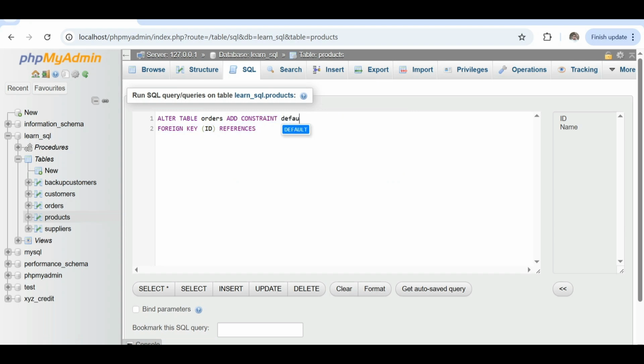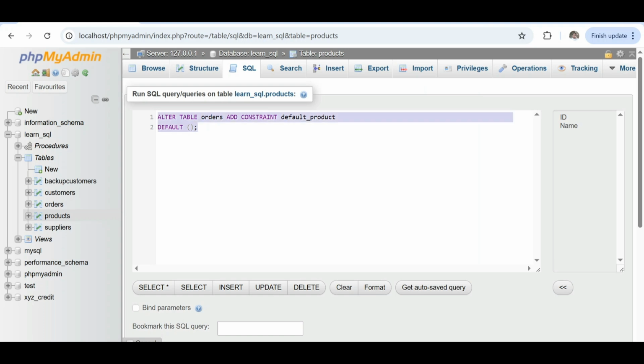I will assign product as a default value.